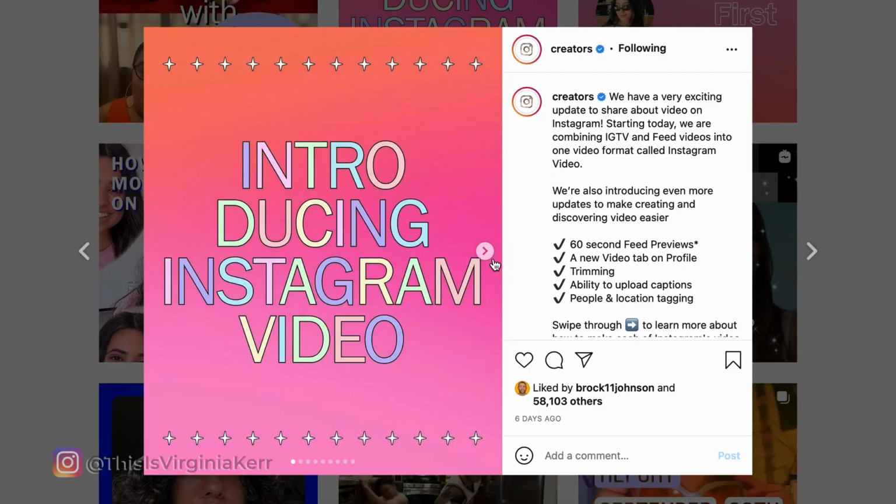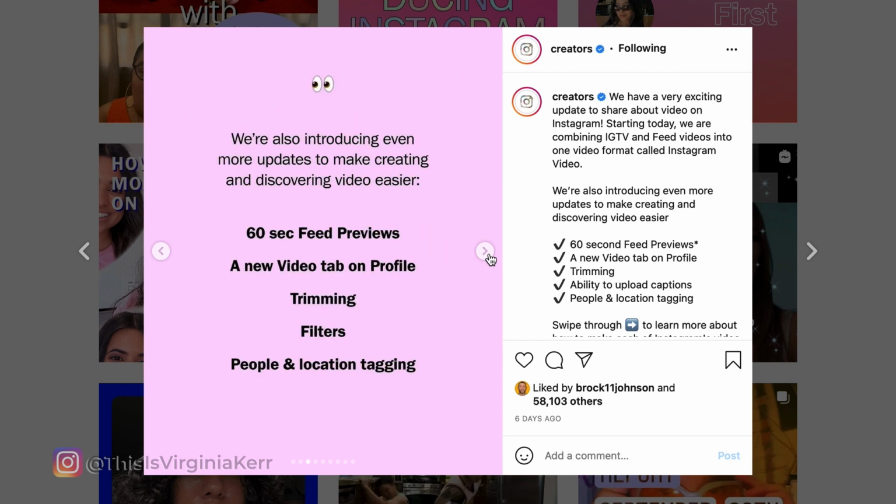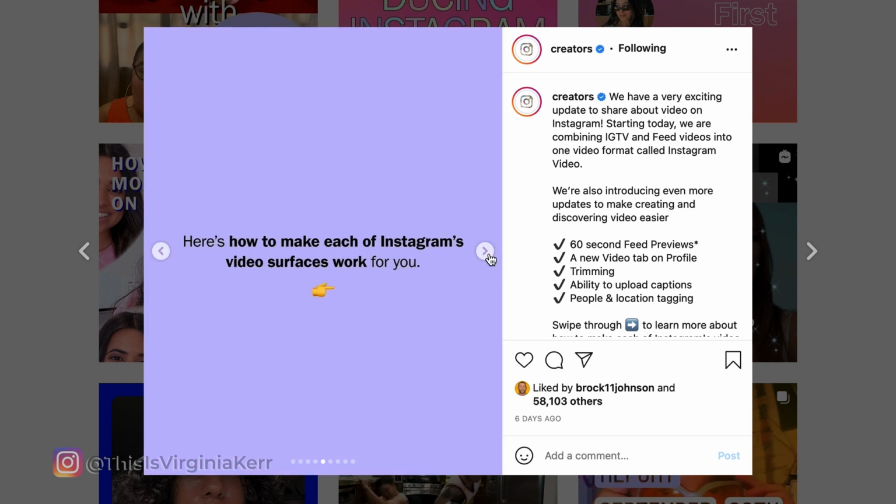And in case you haven't heard, Instagram just announced it's getting rid of IGTV and it's now using what's called Instagram video. Now, all of the videos that are not Reels will be in one place, and they're adding new features so that you can edit and trim those videos within the app. So the video I'm going to make is an Instagram video because it's not a Reel and it will be